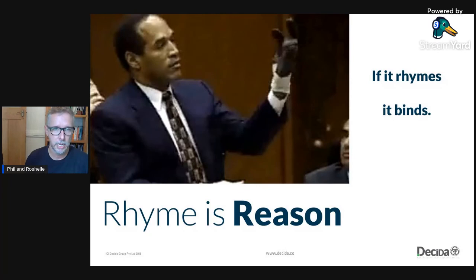Simpson killed his wife? But every day there was this crucial piece of evidence, where the killer had worn this glove and they'd got DNA in the glove. And the glove kind of didn't fit O.J. Simpson. They kind of played it up a little bit in terms of how it could fit. But the defense attorney said every day, if the glove don't fit, you must acquit. If the glove don't fit, you must acquit. Don't forget that. And every day they learnt this little rhyme.